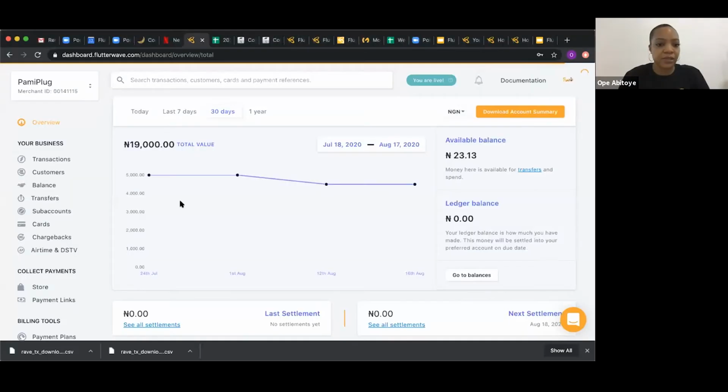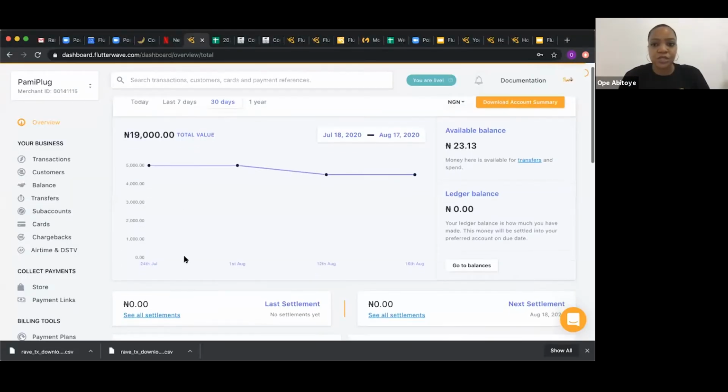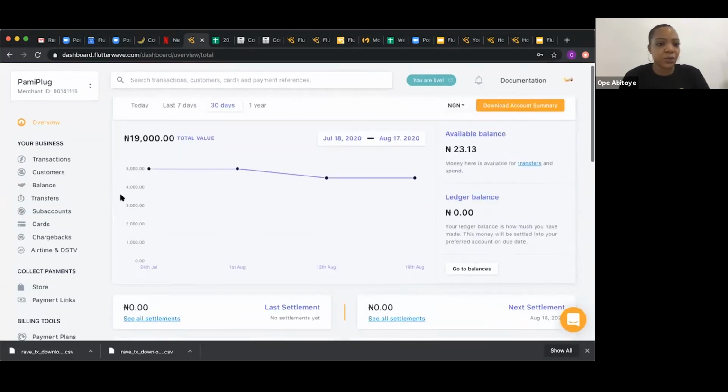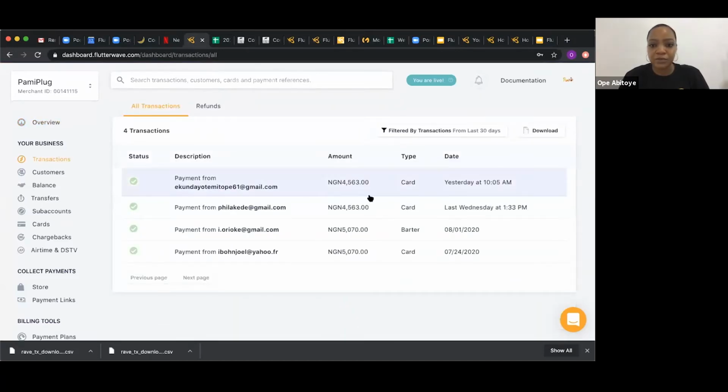Today I will quickly show again what that looks like, in a couple of seconds really. So one second, I'll just share my screen for that person quickly. So here is where you see everything happening on your dashboard. You're able to see your available balance, your ledger balance. You're able to see the number of transactions that have happened. If you go to transactions, you can then specifically see who paid, when they paid, what they used to pay. You can also click on this for more insights. So it's a fully loaded